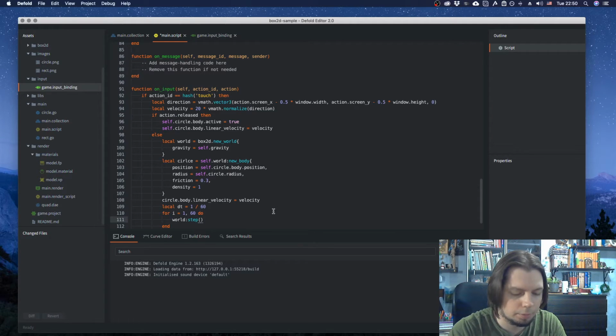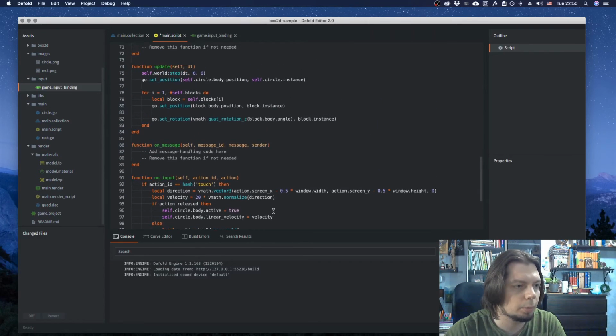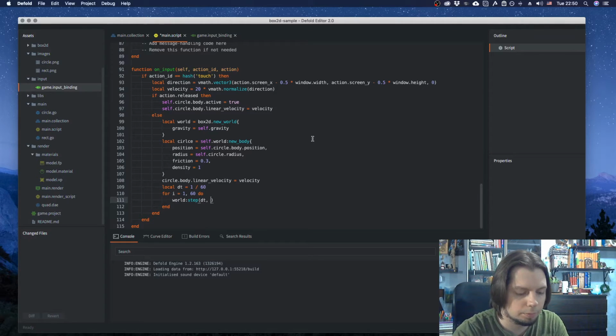One-sixtieth of a second is going to be our dt here, and we're going to use the same iterations. World step, and